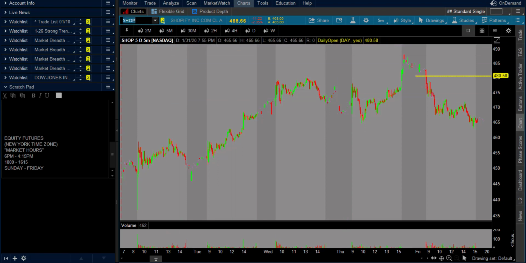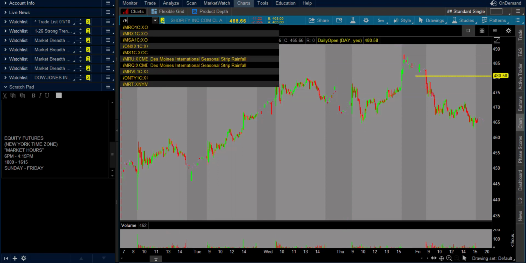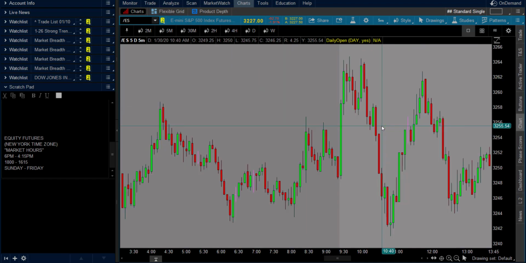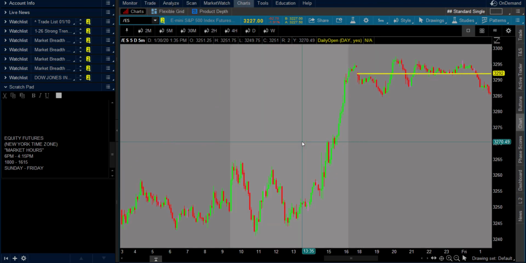Now what we want to do is talk about futures products. So here we are on the S&P. The dark shaded areas is the overnight hours. It's what is called Globex. Globex begins at 6 p.m. and it ends before the market open. Okay, so depending on what you trade, say corn or hog futures or precious metals, gold or silver, those hours could be completely different than these hours